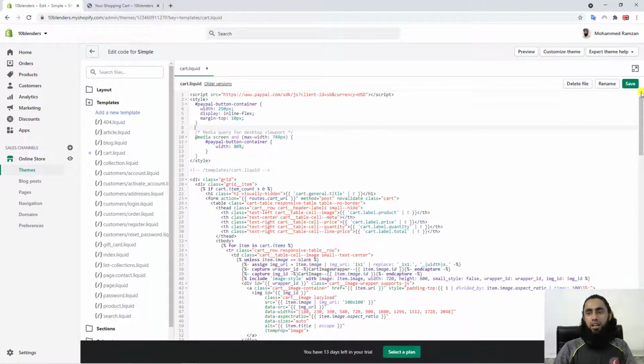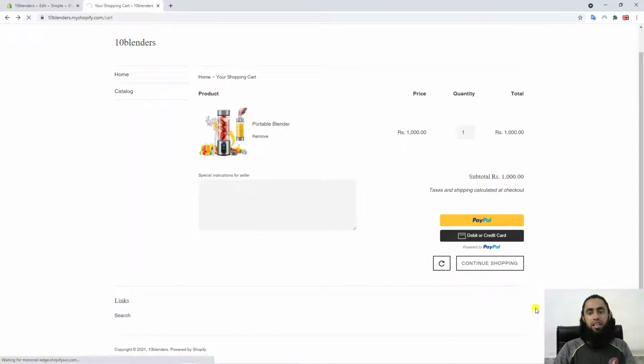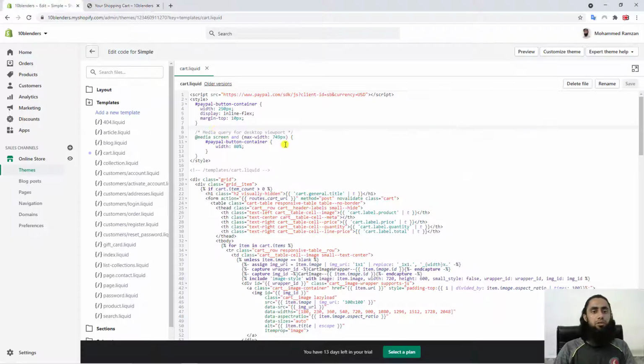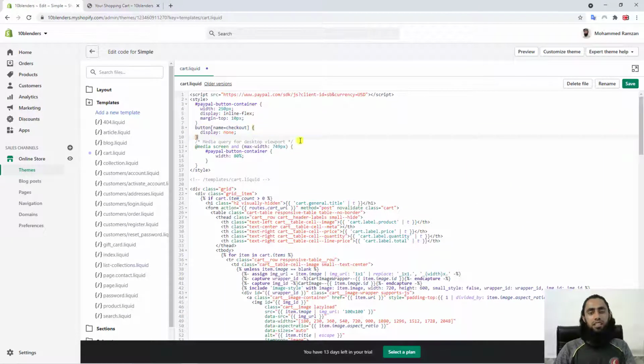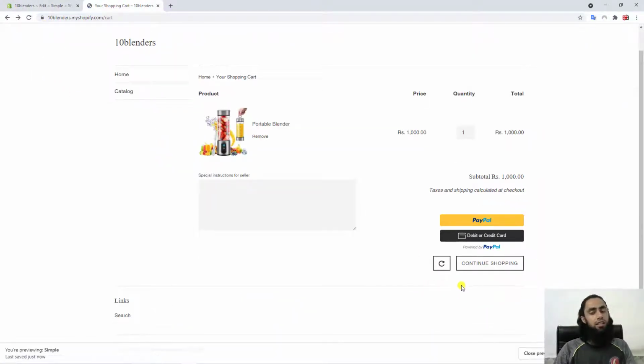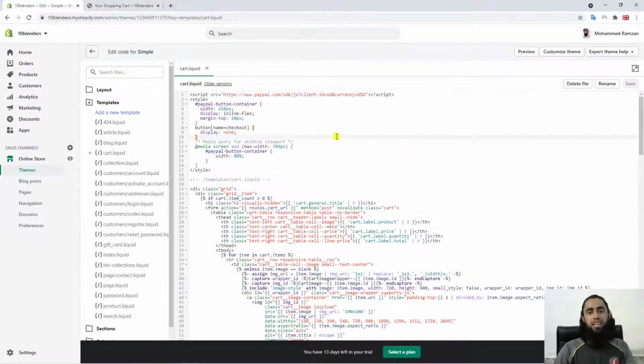For example, I have removed those, and let me save this. Now if you refresh this page, then again you will see that the checkout button is over here. But if you are interested in keeping it removed, then you should undo these changes and then save, and of course refresh this page, and you will no longer be able to see that checkout button.